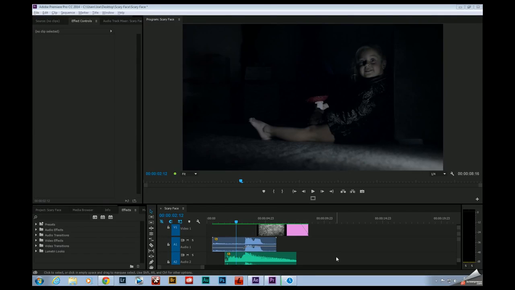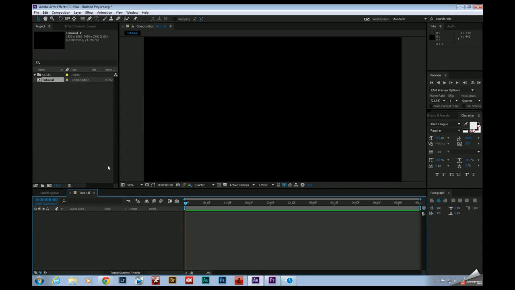Where things went wrong was with the VFX. Now, my initial thought was to distort her face with the Liquify tool and just put all of those adjustments on an adjustment layer and parent it to a null after tracking her face. What I didn't realize was, and I'll switch over to After Effects right here, is the Liquify tool